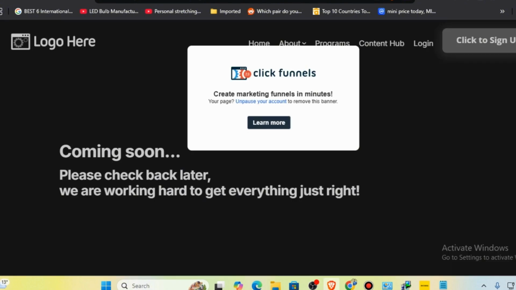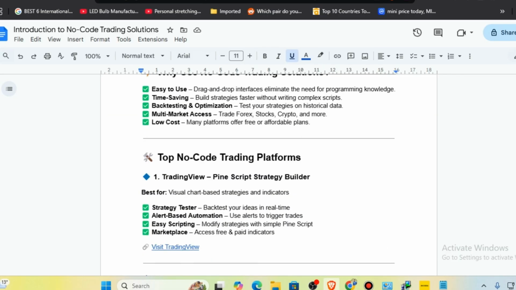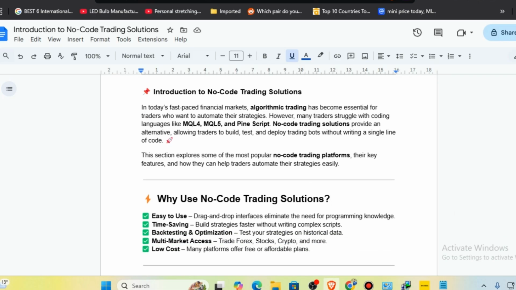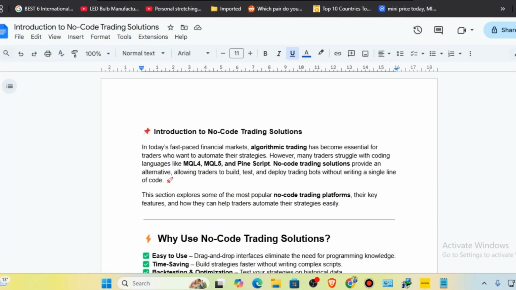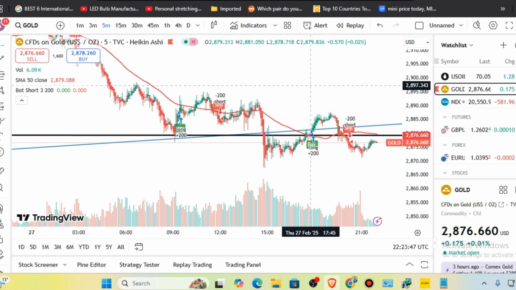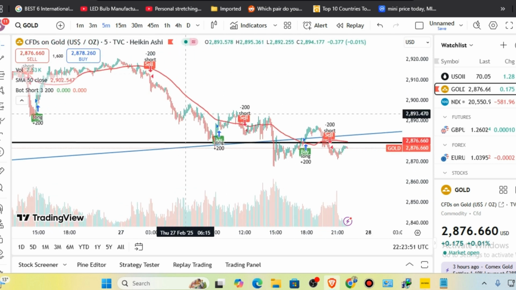Okay, so they are not available currently. I hope that now you have understood which type of things we are going to learn, and how you can implement all these no code trading solutions and all these strategies. We will go through each and every platform, and this code is also given. You can go with it, and if you want to apply manual trading with these,